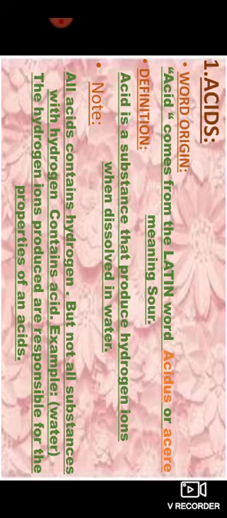Definition. Now we can define acids. An acid is a substance that produces hydrogen ions when dissolved in water. So all acids contain hydrogen, but not all substances that contain hydrogen are acids. Actually, it means that there may be some substances which contain hydrogen, but they are not included in the